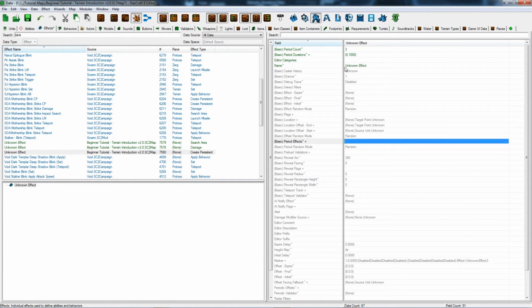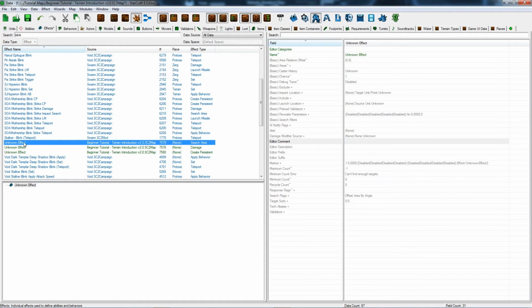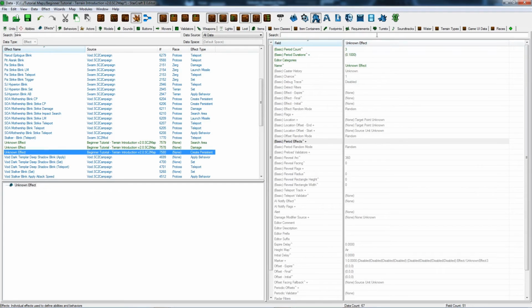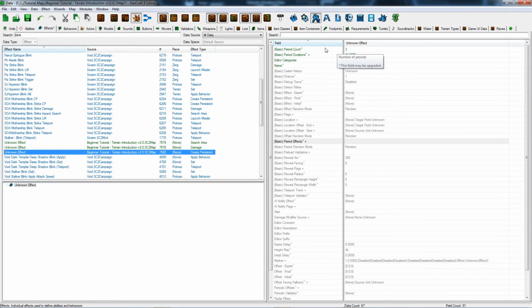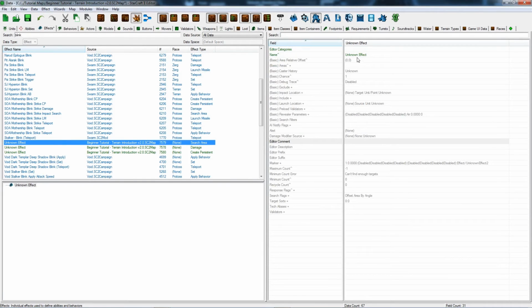So if you had the search effect that we created here, the unknown effect, we haven't named it, and you set that effect inside the period effects, and also had a period count of 3, then